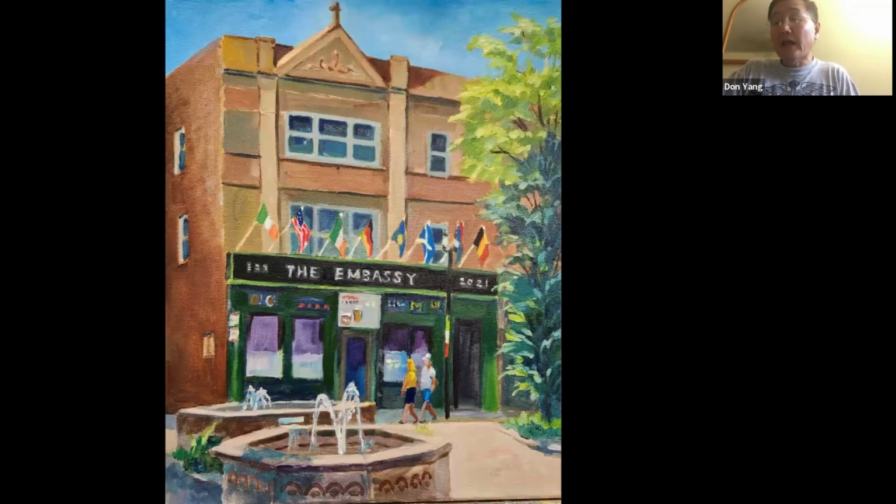I like the fact that he added a couple of people there. Now, he often adds people in his paintings. I think it has to do with the fact that he does a lot of gesture drawings and sketching, urban sketching, where he draws a lot of people. So it gives him a lot of confidence, and the people add more liveliness as opposed to just the building all on its own. Adding people is not easy unless you regularly draw and sketch people. So I always like his paintings whenever he adds some people there.